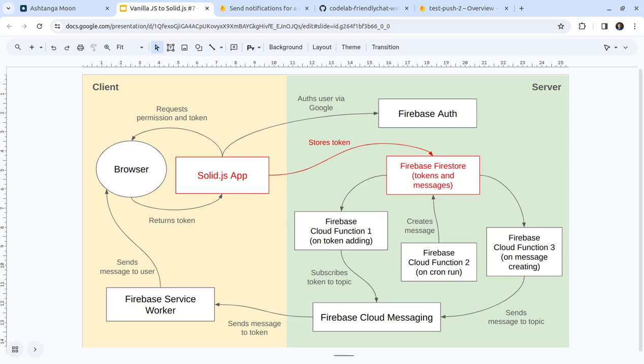I'm going to make it possible to store the notification token to Firebase Firestore, which will be used later on through Firebase Cloud Functions to send messages to our users. So let me switch to my code